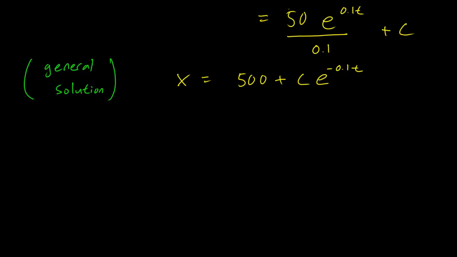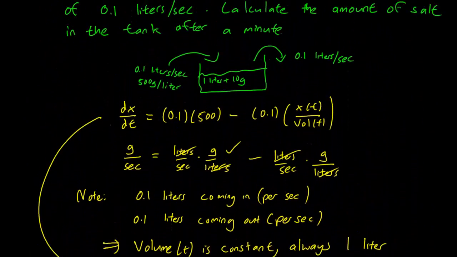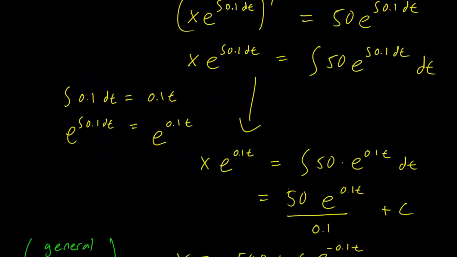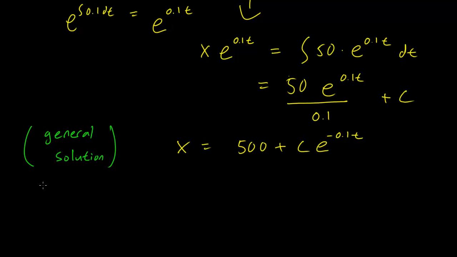So again, we have to solve for the specific solution using initial values, and we don't really have initial values. Yeah, we do. The tank starts with 1 liter of distilled water with 10 grams of salt. So that means that when t equals 0, x is going to be equal to 10, right? And this leads us to 10 equals 500 plus c, since e to the 0 is 1, so c times 1 is c. And that leads us to c equals